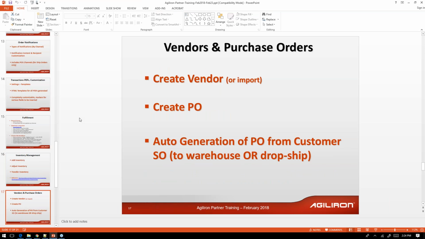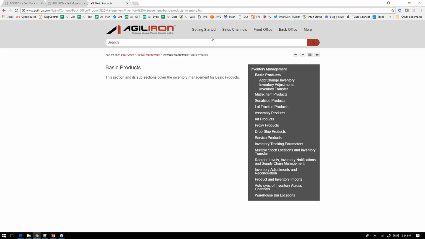And then as far as vendors or POs are concerned, we have support for vendors within the system. POs can be set up to purchase the inventory from your vendors. We do have support for dropship POs, right? So when you get your customer order,